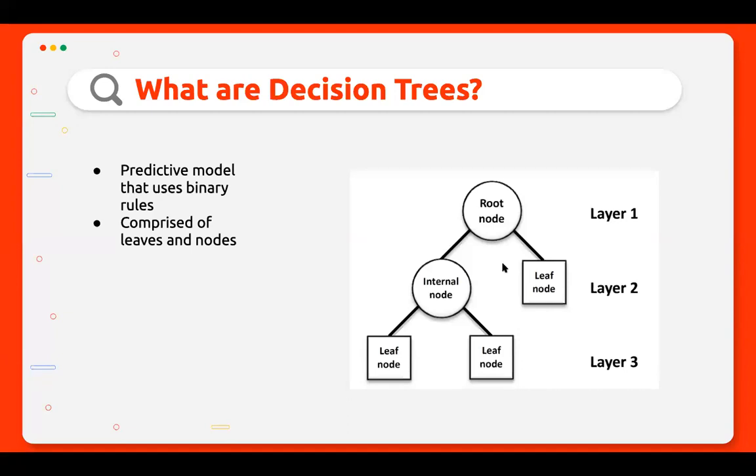And the paths from the root to the leaves represent classification rules. So say this was the person's age, or for the heart disease prediction, BMI. If the person had a high BMI, we could put a threshold at this node. And if the person is higher than the threshold, then the node would split and say this person has,